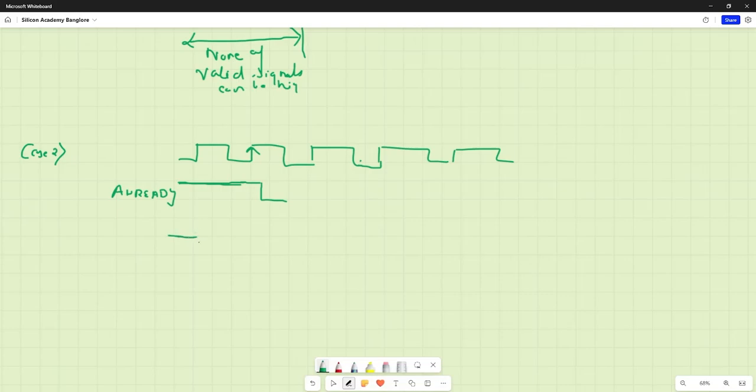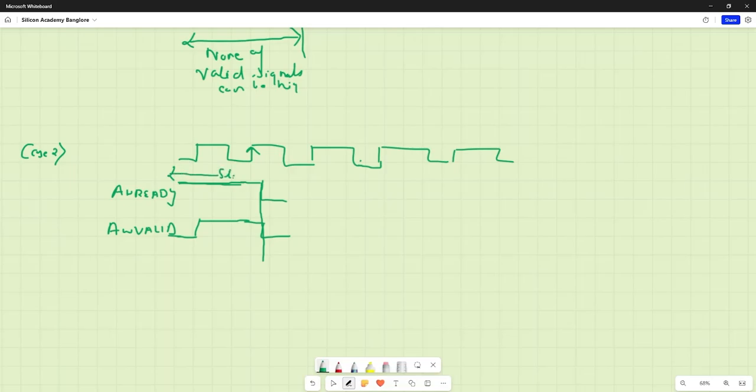So after this passage, the master asserted its AW valid, and it goes down because it knows that this is the AW valid from a master. Now it goes down, and the ready also goes down because the slave has received the information. So in this case, what is happening is the